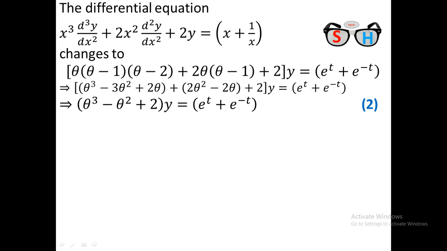One is called complementary function and another is called particular integral. I calculate these. There are many videos on solving a linear differential equation with constant coefficients. In my channel there are mainly three methods: the method of operator D, the method of variation of parameters, and the method of undetermined coefficients. Here I use the method of D operator to solve this. You can solve it by any method.